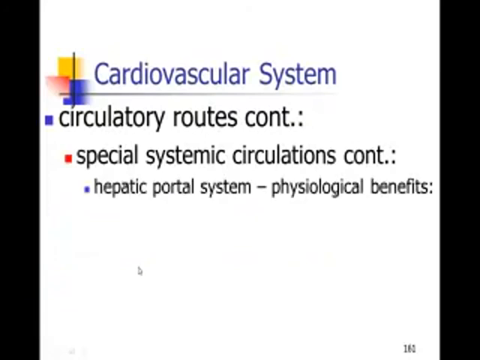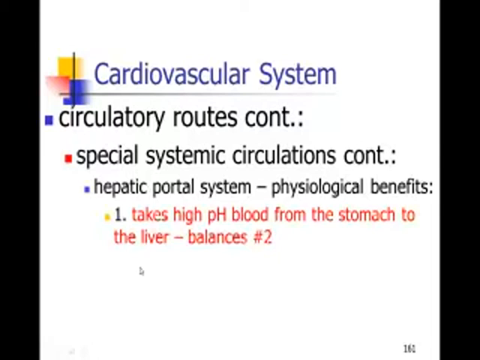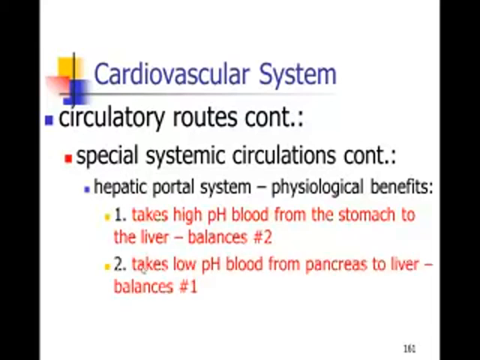Okay, so there are some significant physiological benefits of this hepatic portal system. One is that it takes high pH blood from the stomach to the liver. And you might think, how is that beneficial? Well, that principally balances the low pH blood coming from the pancreas. The pancreas sends blood through the hepatic portal system to the liver as well. And so when you have high pH blood and low pH blood mixing, it tends to balance out the pH